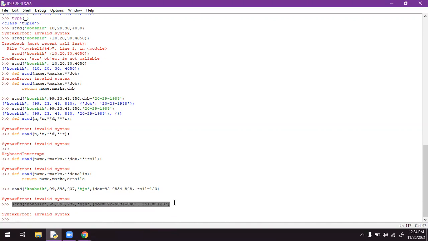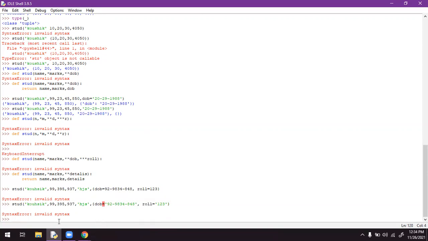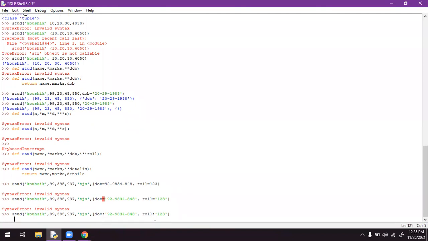Why? Because we are giving two inputs now: date of birth as well as name. To resolve this issue, we have to mention it with colons.